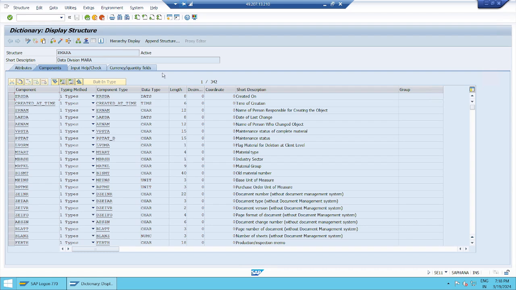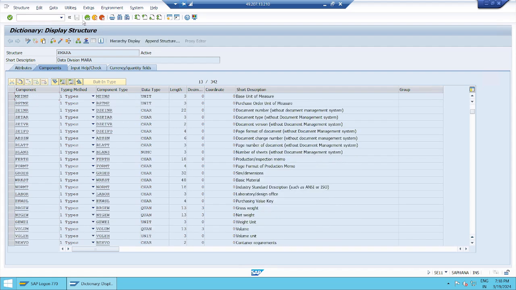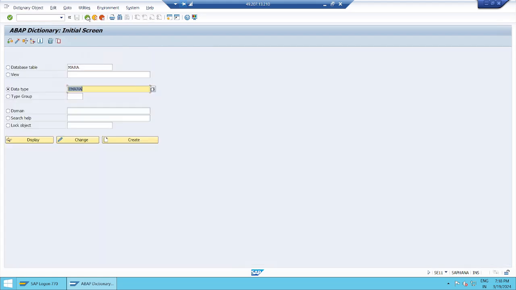This EMARA is used commonly for material creation date, created by person name, modified date, modified person name, material group, material type, industry sector, so many details of the common data division of MARA. So I said this EMARA is included in MARA, correct? That's our observation. In the same way, if you want to identify whether EMARA is included in only this table or more than one table,